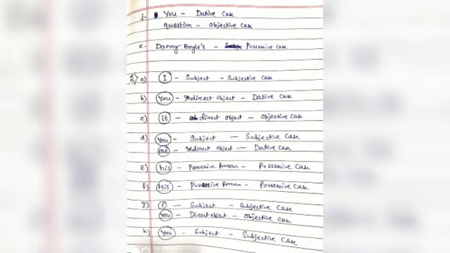Then for D, you is the subjective case, me is the indirect object, that's why dative case. Then E, his is the possessive pronoun, that is possessive case. Then for F also, his is the possessive pronoun, that is possessive case. In G, I is the subject, that's a subjective case, you is the direct